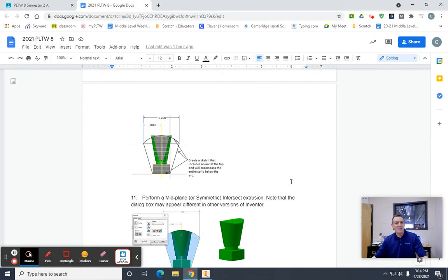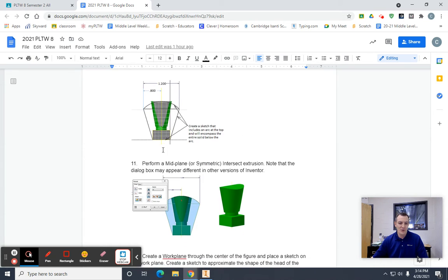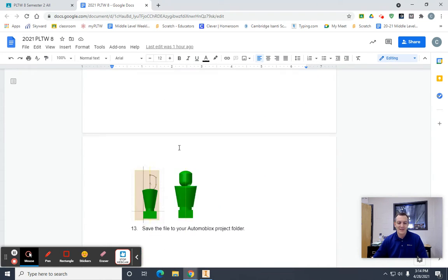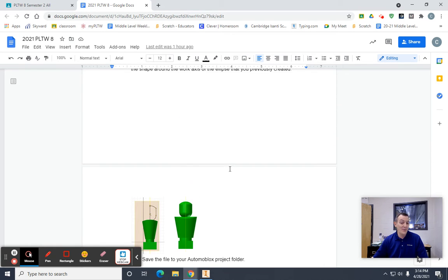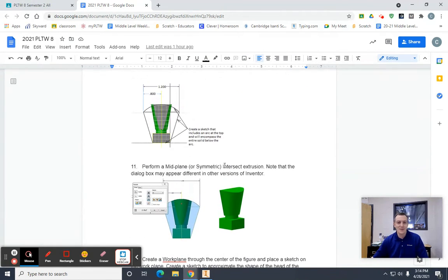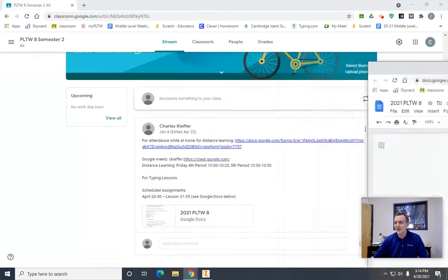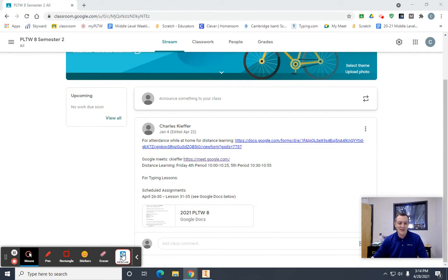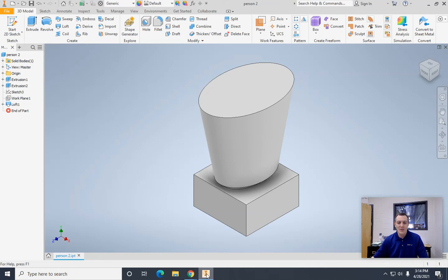Okay, so we're going to try to finish off this first person. We're going to try to round off the shoulders and then put on the head. It shows you kind of how to do that and then how to put the head. It doesn't really give you any dimensions, but I will work on that through the video. So let's slide this on over so we can take a look at that when necessary, and we'll open up